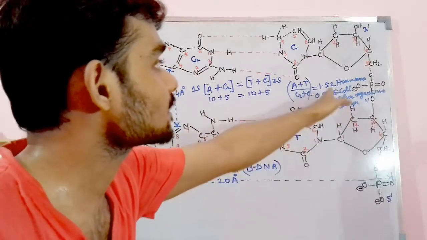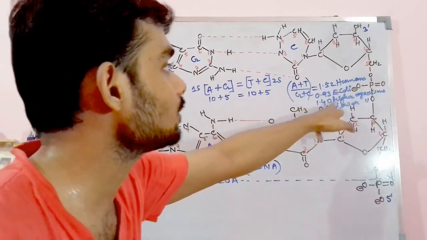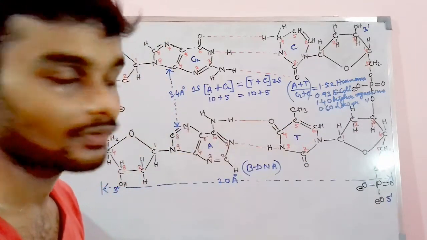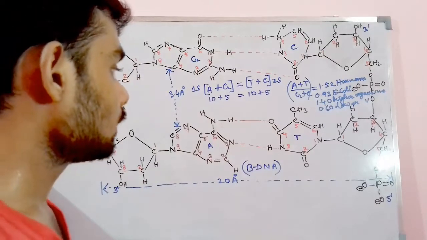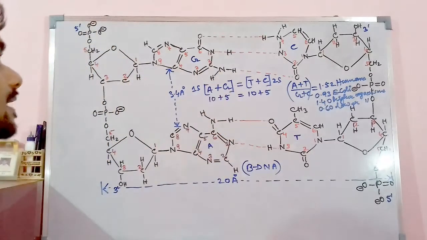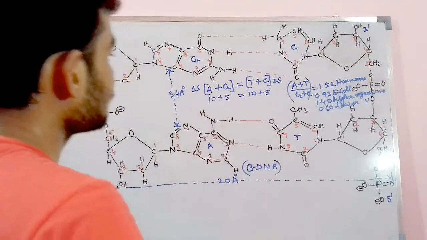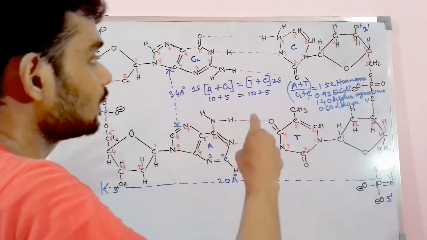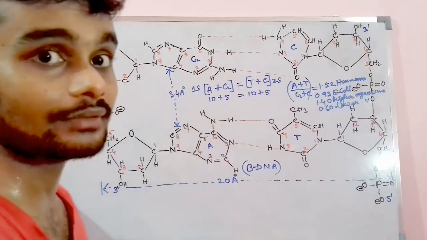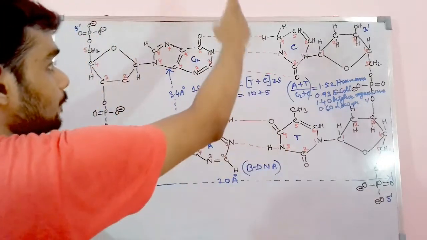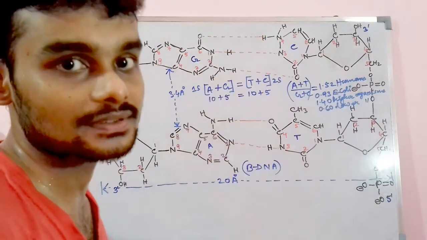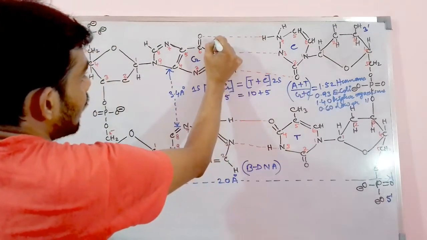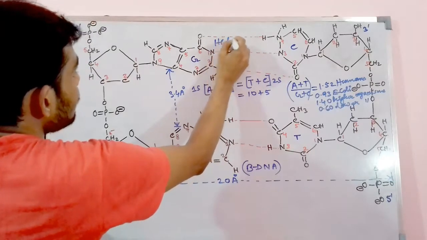And it is found such and such: 1.52 for humans, 0.93 for Escherichia coli, 1.40 for higher organisms, 0.60 for lower groups of organisms and all. Okay. So this is what Chargaff told regarding the base pairing, and these three hydrogen bonds present over here require a higher temperature in order to break the del G value of these three bonds. Okay, so this particular three hydrogen bond is known as the high melting